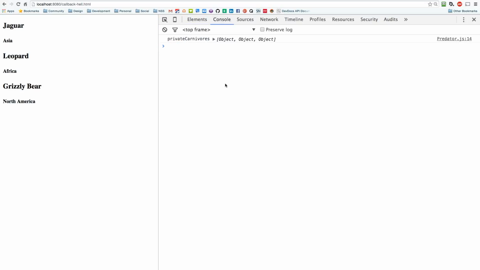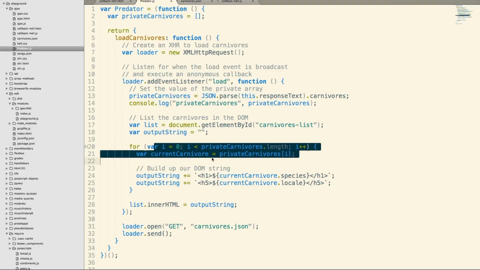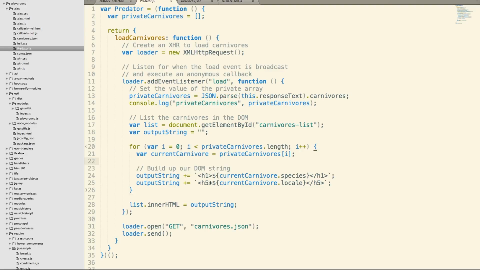So it works. We read a JSON file, we convert it into a native JavaScript object here, then we loop over that object, build up a DOM string, and output it. You know, you've done that several times up to this point. However,